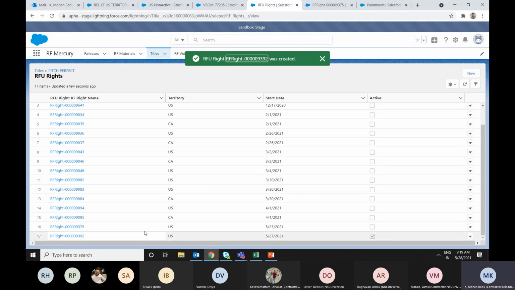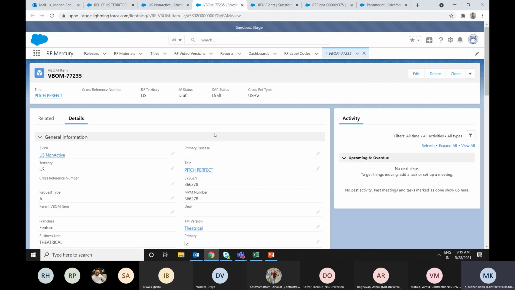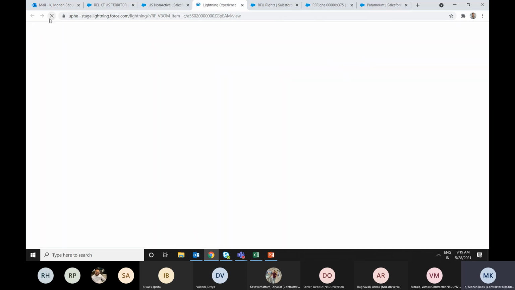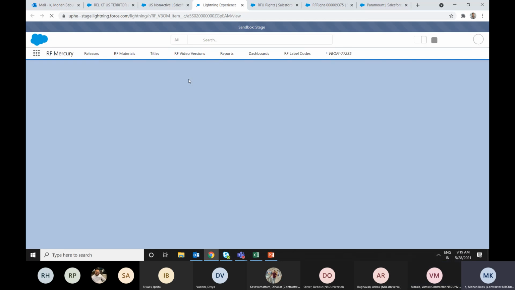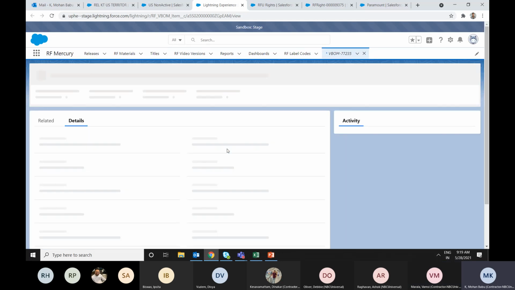So you can see that the active rights is created for US territory, and previously we have created the VBOM where the deal is not getting populated. So once we create the active rights, the deal will get stamped on the VBOM based on the active rights which have been created.